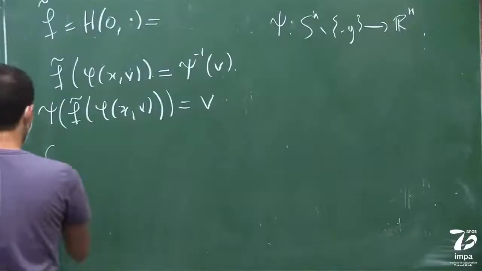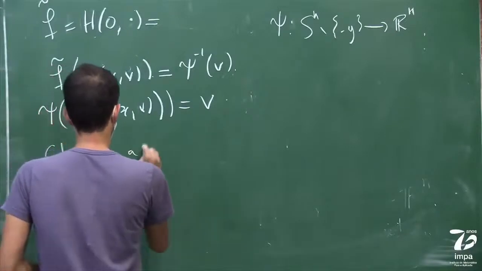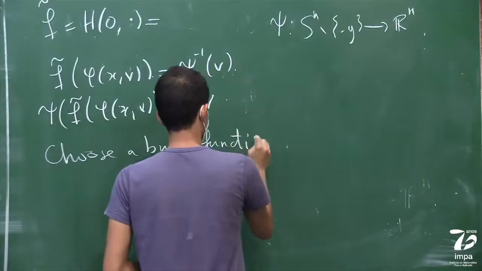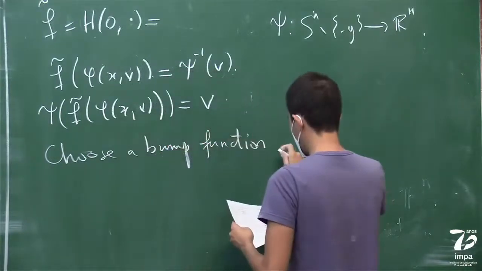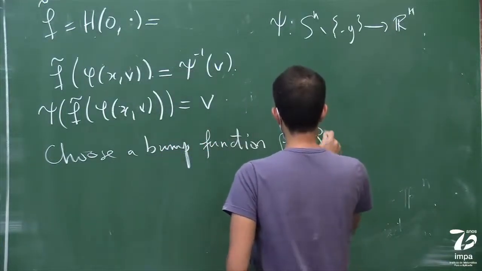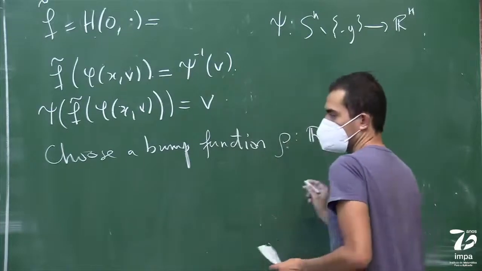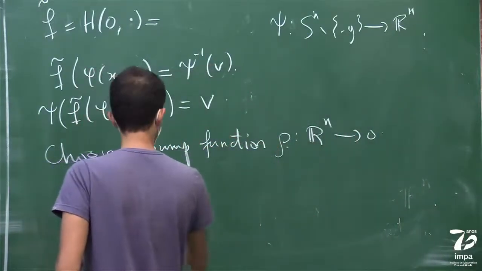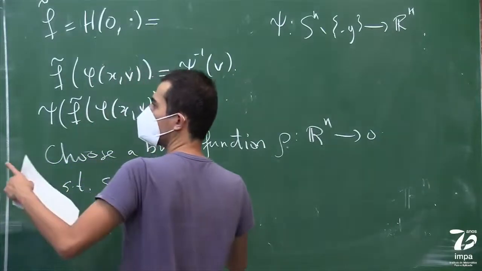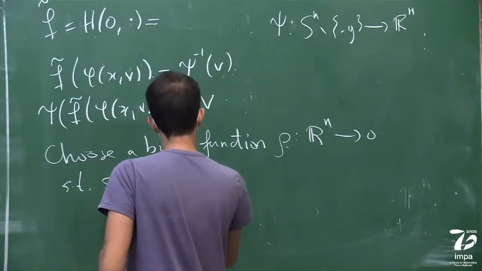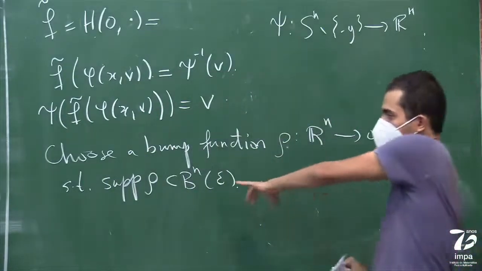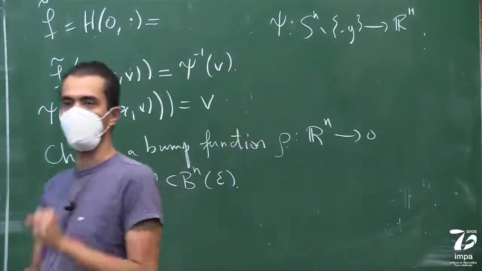So to do that, I choose a bump function rho from Rn to R, such that the support of rho is contained in this ball of radius epsilon. So inside of this ball of radius epsilon, I'm going to do a brute force homotopy